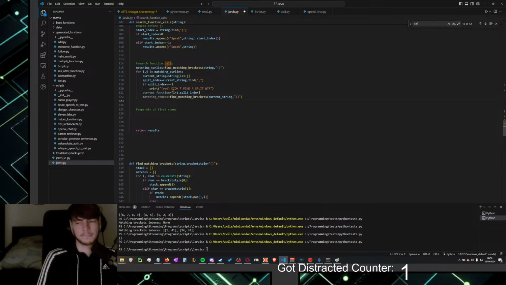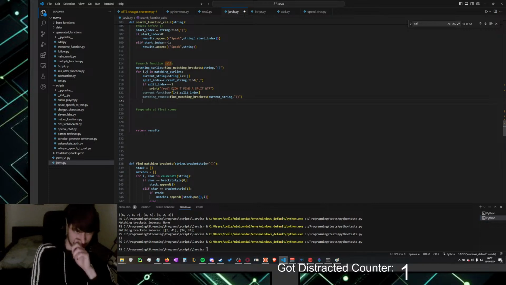Okay. Now I need to check if they're within each other. Because we might have a list of an integer or something like that, and then we have open, open, close, close. If that makes sense. But we only have to check that if it's a list in theory.